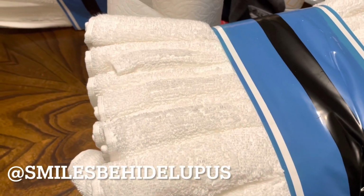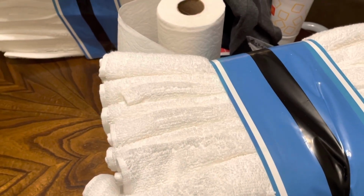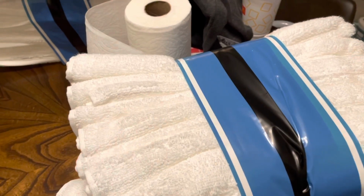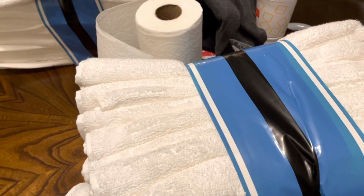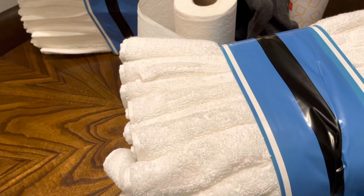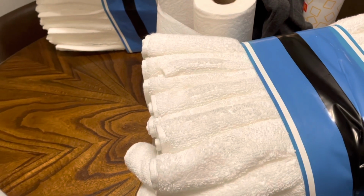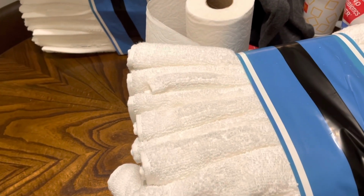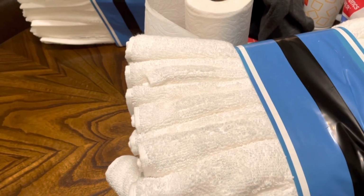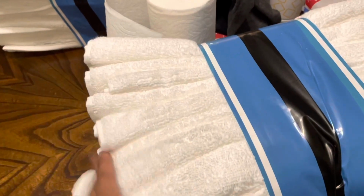So, needed towels. I know my girl Cheryl over at Smiles Behind Lupus was trying to give me the lowdown about the JCPenney towels. Honey, we love us some good JCPenney towels, but JCPenney let me down with them towels, because baby, you can't put nothing on them without them fading, getting blotches, spots, whatever. You cannot put anything remotely connected to bleach or peroxide on them towels. So I had to forego the JCPenney towels and opted for some of these Costco